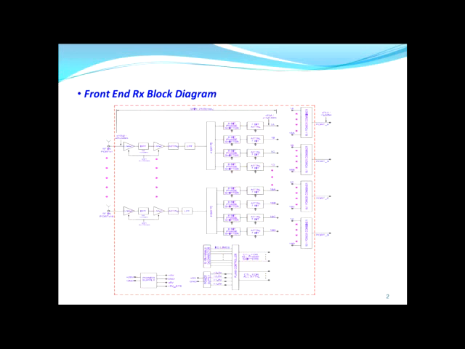In this, the total receiver is divided into port A, port B, port C, port D, and each port contains 16 receiver chains. The front end is common for all the 64. All 16 are combined as channel A or port A, all 16 receivers are combined as port B, all 16 channels in C are combined as port C, and all channels in D are combined as port D.